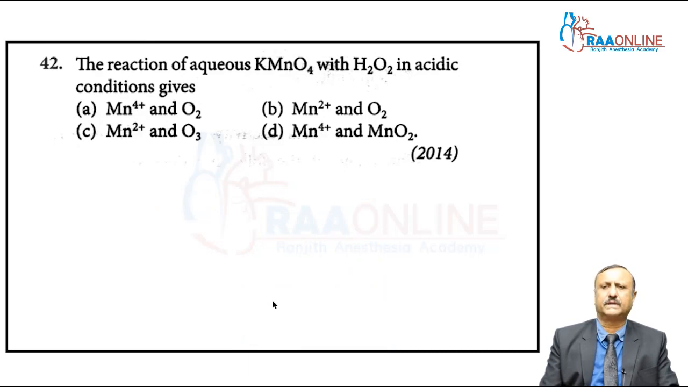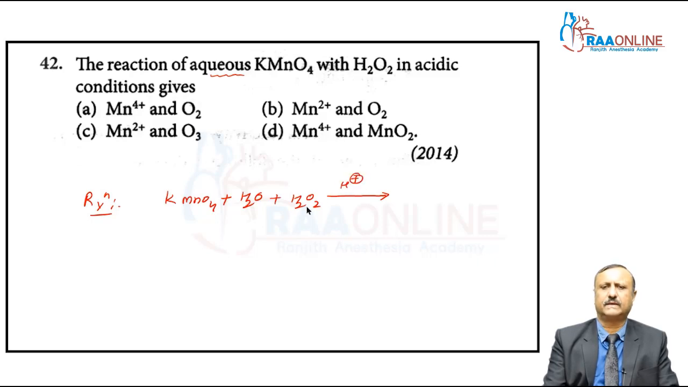The reaction of aqueous KMnO4 with H2O2 in acidic conditions gives. Here my dear students, you can see the reaction. What is the reaction when this KMnO4 reacts with water? Because here you can see the aqueous KMnO4, aqueous means water, plus H2O2 is there. In acidic condition, H plus ions are also present. It means KMnO4 plus water plus H2O2, or H plus ions given by H2SO4, is converted into